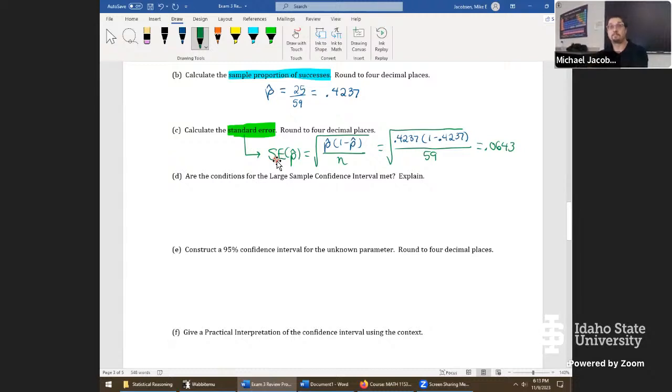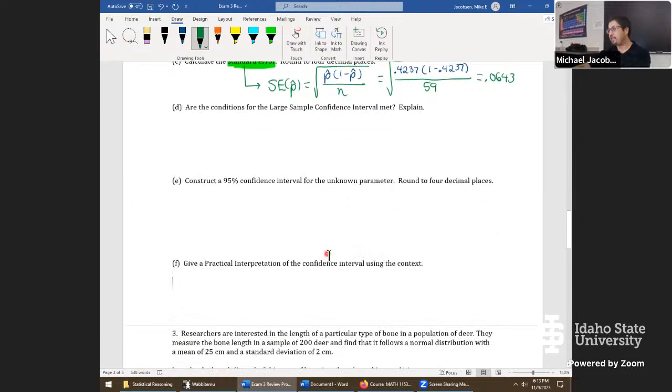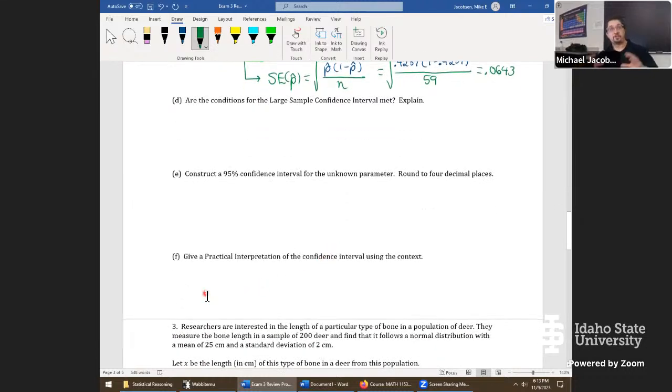Yeah, go ahead. So if the conditions do fail, then this whole process still stays the same. It does stay the same, yeah. But what would happen is if the conditions fail, the actual confidence interval is no longer very accurate. There's a lot more error inside of it. And when we say a statement of with 95% confidence, the true population value is inside here, that confidence might not be 95%. It might be lower. It might be completely off. So that's what's going to break down if conditions fail.